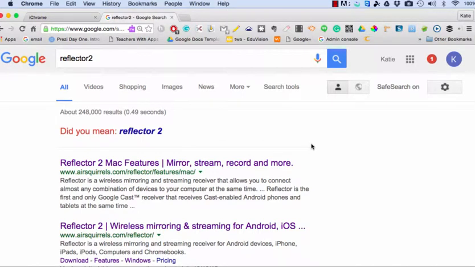To download Reflector 2, go to google.com and type Reflector2 into the search box, and the first thing that comes up is this one right here. Air Squirrels, I know, is a weird name. That's the name of the company that makes Reflector 2. So go to Reflector 2,